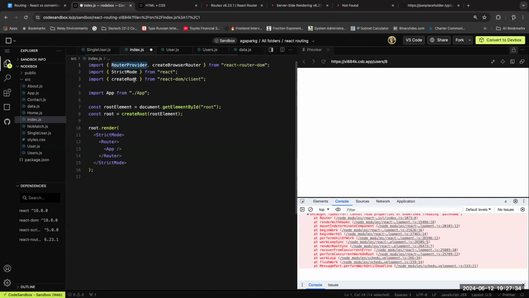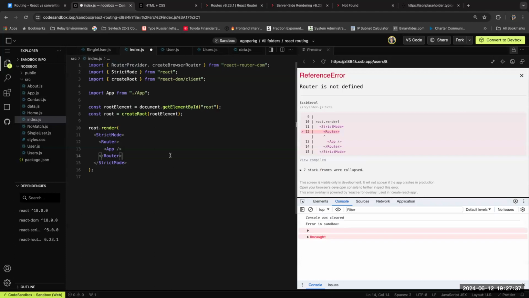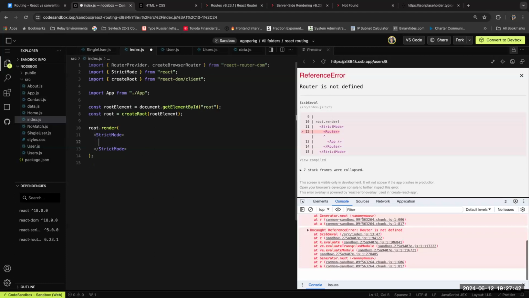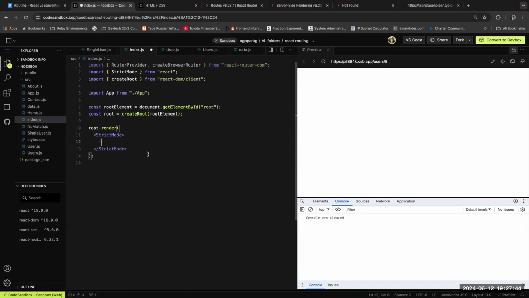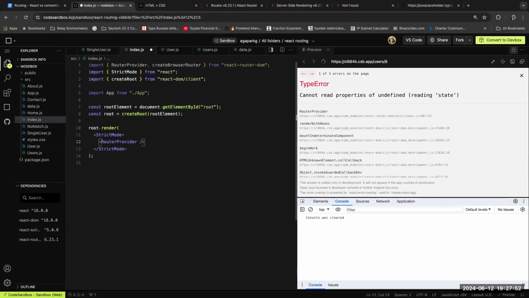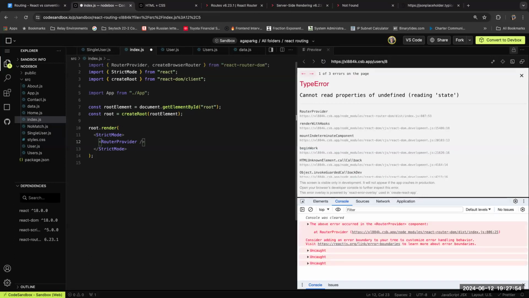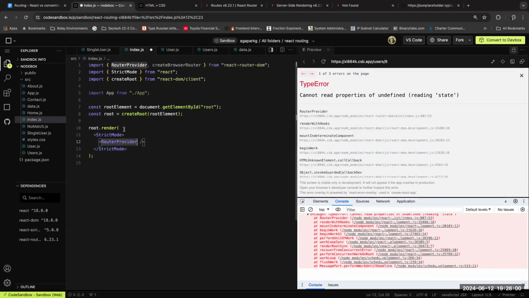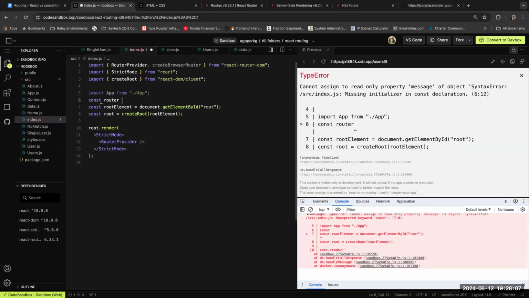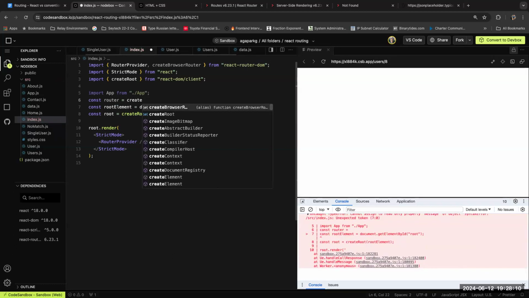This RouterProvider is just like the context state provider. We will wrap the whole application with RouterProvider. It's going to be a self-closing tag. We don't have to wrap the App component itself. What we can do here is create the router first over here: const router is equal to createBrowserRouter,